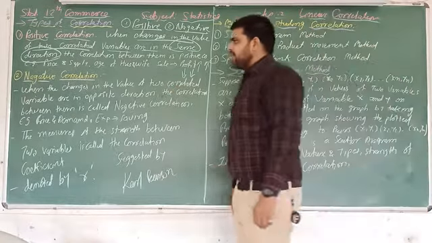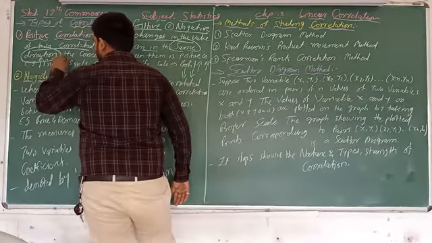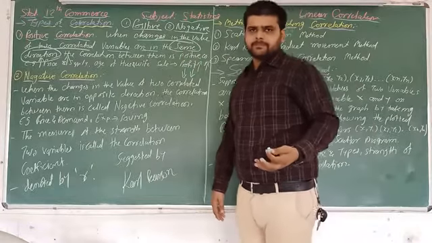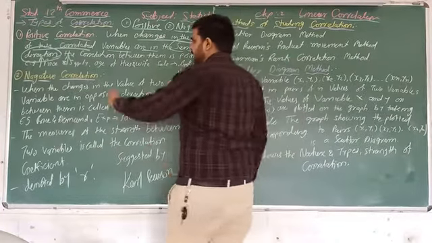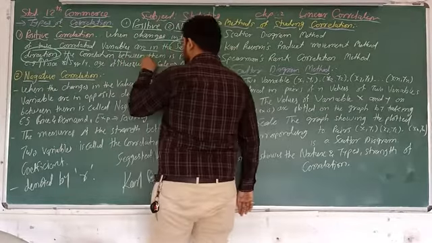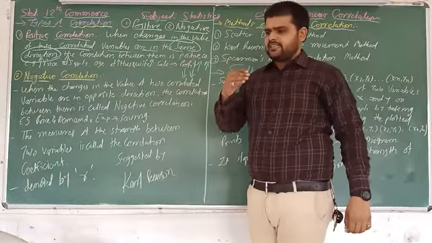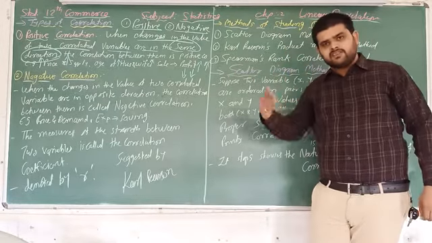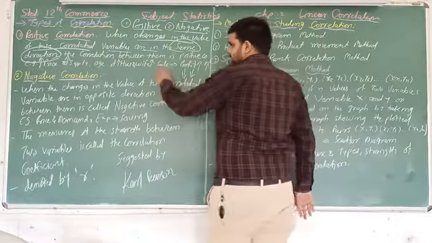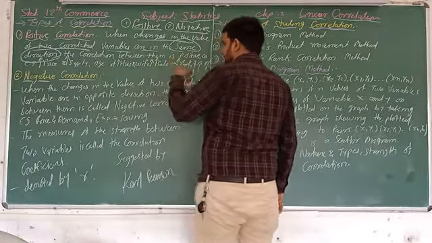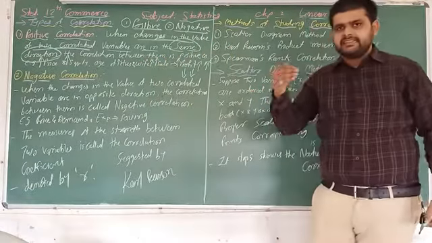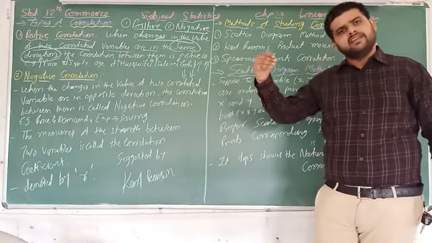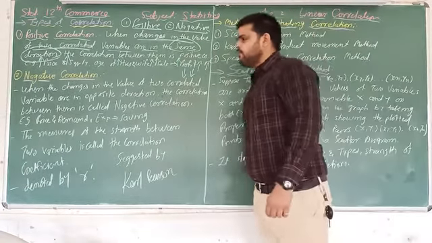Let us take examples. Price and supply: as we know, if price increases, supply also increases, as per the law of supply. Second, age of husband and age of wife: if the husband's age increases, simultaneously the wife's age also increases. Third, sales and profit: generally, if sales increase, profit also increases. So one increases, the second also increases. This is positive correlation.